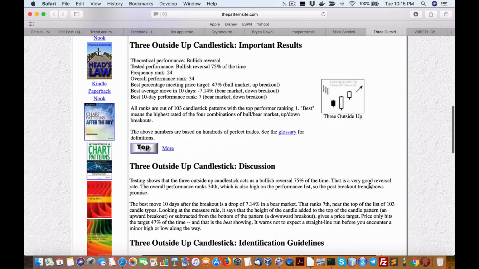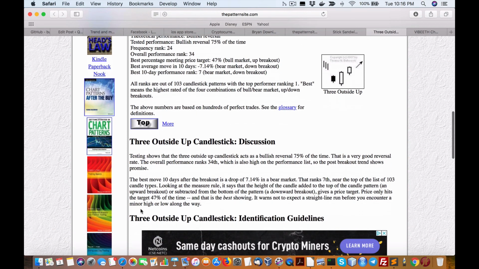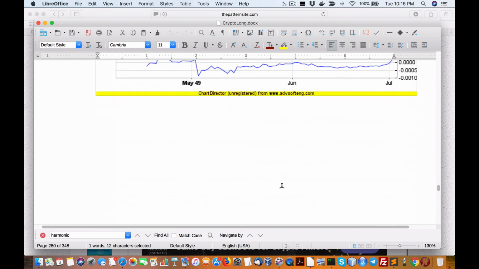It's also performance listed. Let's check it out. See, it has a very small amount of wicks. Price only hits target 47%. Best showing, it warns not to expect a straight line run before you encounter a minor high or low along the way. Okay, so if we go to a 30-day,